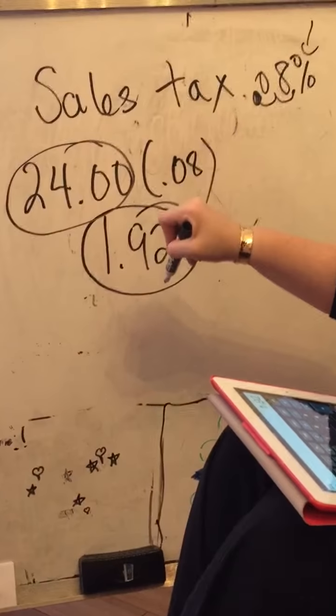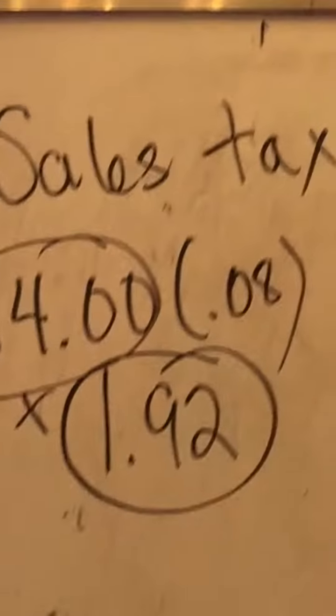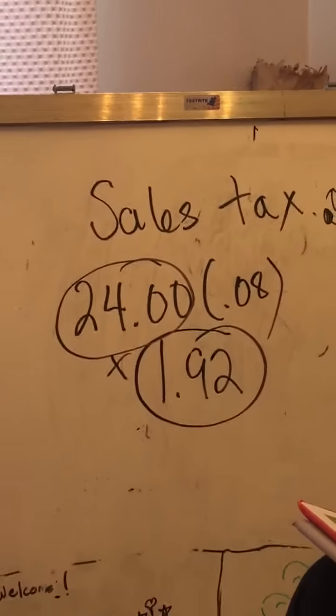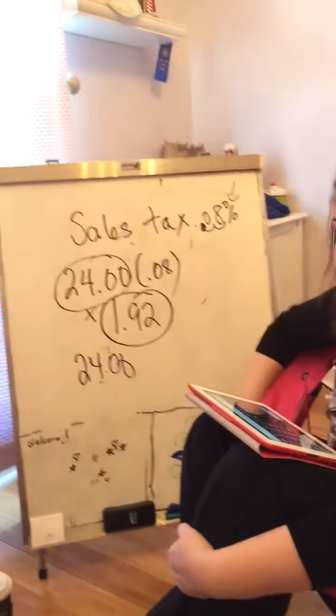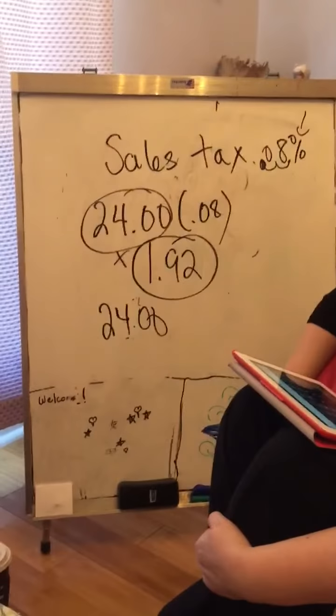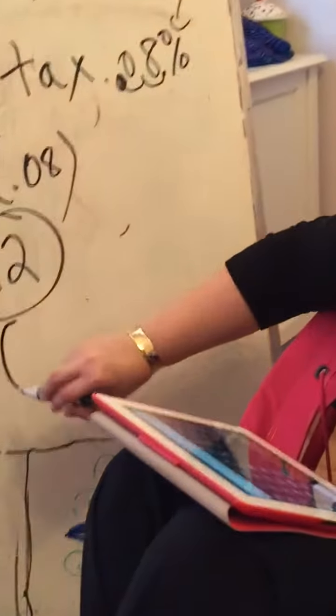So most of you can already see you're going to have to go ahead and add that to get the total price. But in expressions and equations, we did something where you could just solve everything all together. So I want you to take $24 again. I want you to write it down. Then I'd like for you to multiply it by 100% of this cost plus 0.08 of tax, or 8% of